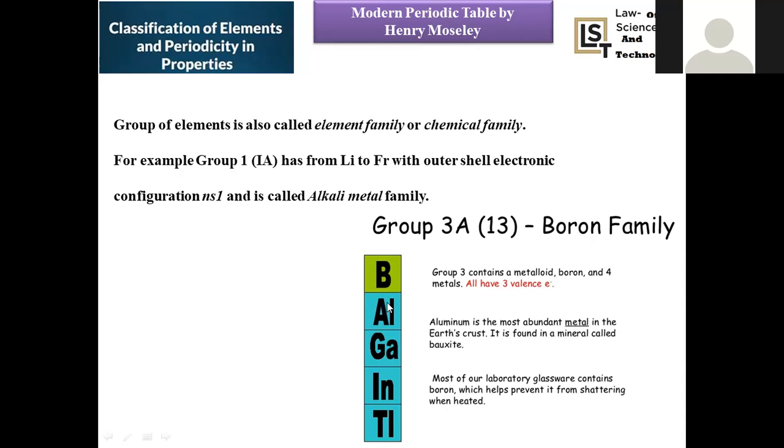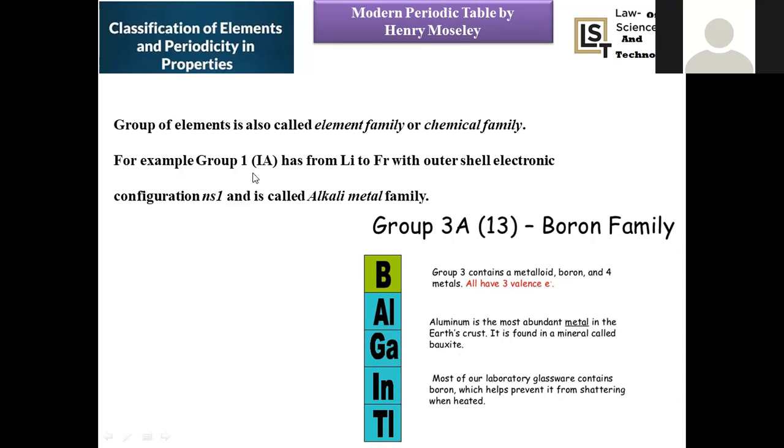So this kind of glassware is also valuable. The most familiar material to us, whatever glassware we are using, is made up of borosilicate, and still no new kind of materials are available, but boron is the prominent material in the manufacturing of glass, right? Aluminum is the most abundant metal available in the earth's crust, in the form of bauxite. The most abundant ore, you can say mineral even, for aluminum is bauxite. So this is about group 13, or the boron family.